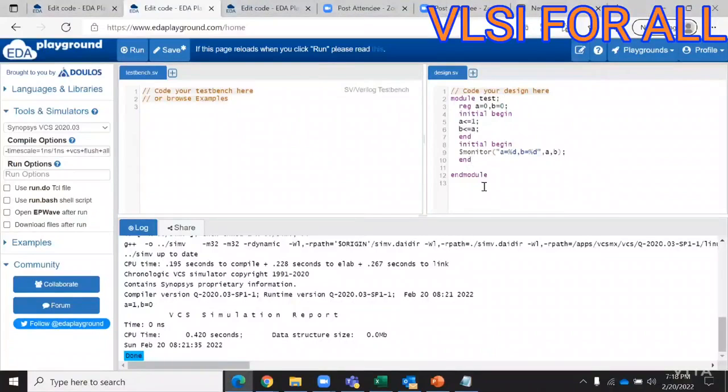So let me explain the non-blocking statements from the beginning. This is the module. What I'm saying is that the statement at 6 is not waiting for the statement at 5 to finish. That's why you see A equals 1 and B equals 0. It is not taking the value of 1. Otherwise, if it had waited, it would have assigned the value of 1 instead of 0. It's just taking the initial value. And if we write it as 1,